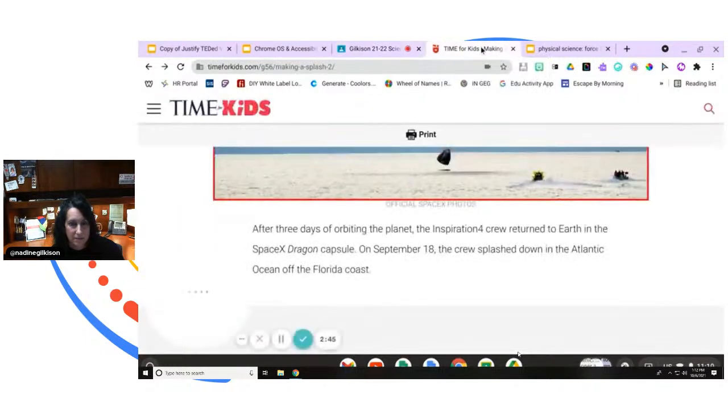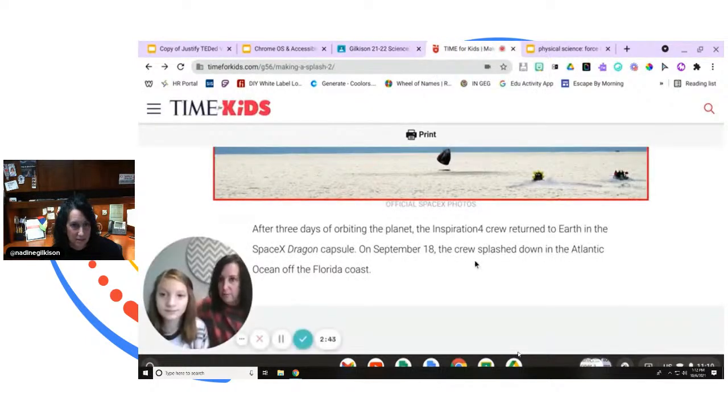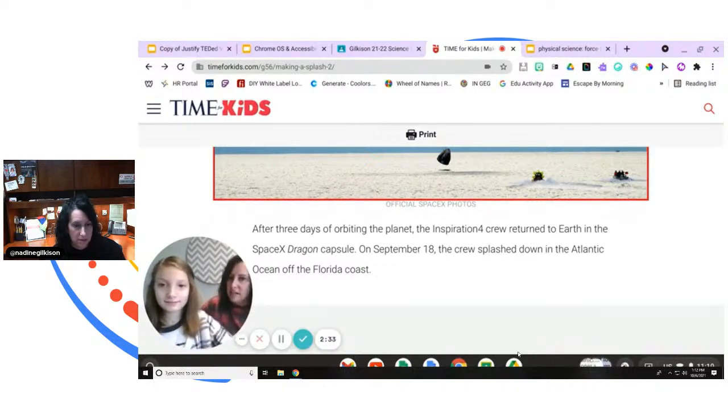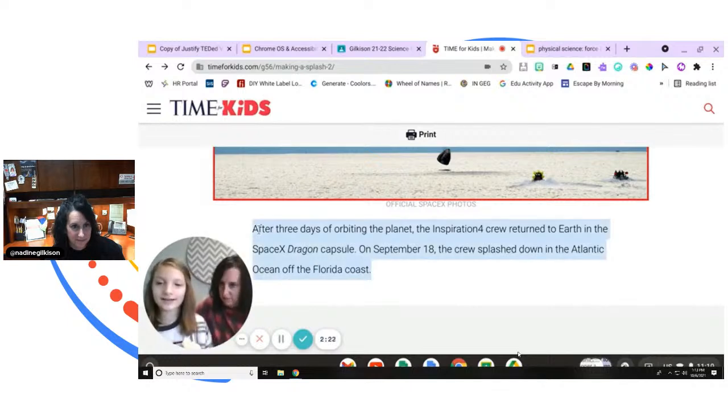So let's pretend that your teacher has you reading an article from Time for Kids. I picked something from the SpaceX. So Mackenzie, on here, let's say that the teacher wants you to read this portion. And this time, I want you to show us how you highlight the entire thing. Well, how to highlight the entire thing is you want to hit it 1, 2, 3. Oh, right, yeah. There we go. Quickly, yes. And then you want to hold down search